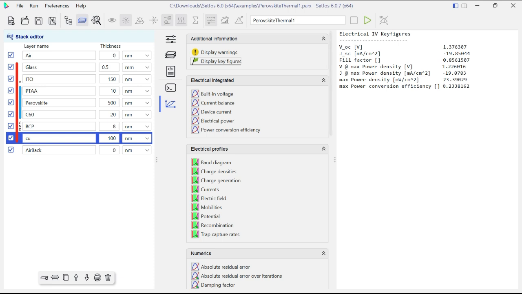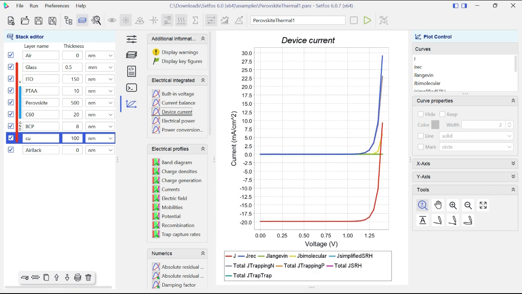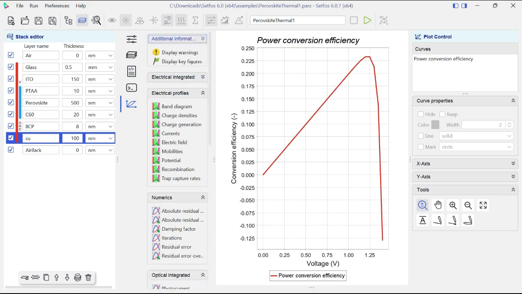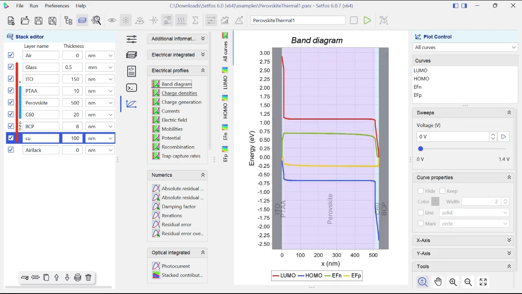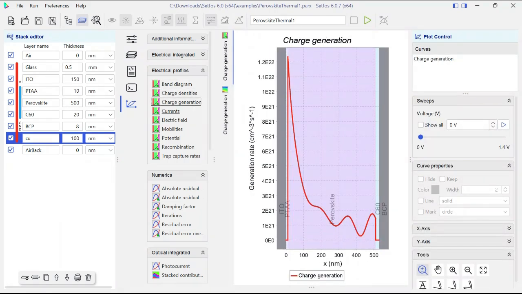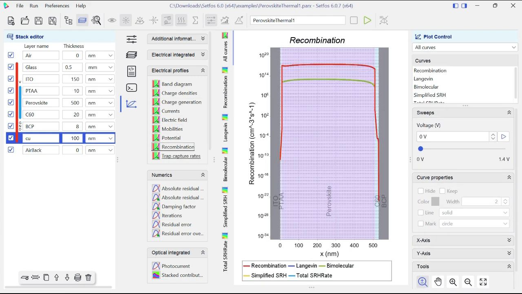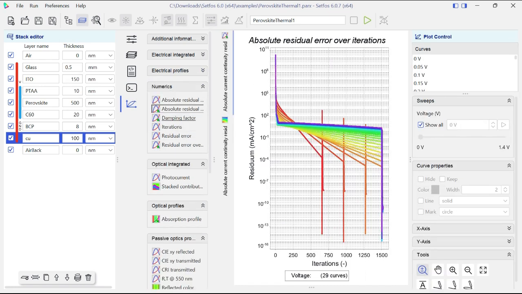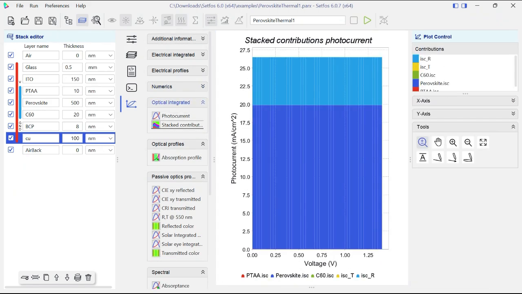Now you can check each of the results one by one: built-in voltage, current balance, device currents. You can see different curves are available here. Electrical power, power conversion efficiency, band diagrams, HOMO, LUMO, charge density, charge generations, electrical field, mobilities, potential, recombinations, and trap capture rates, numerics, photocurrent, stat contributions,